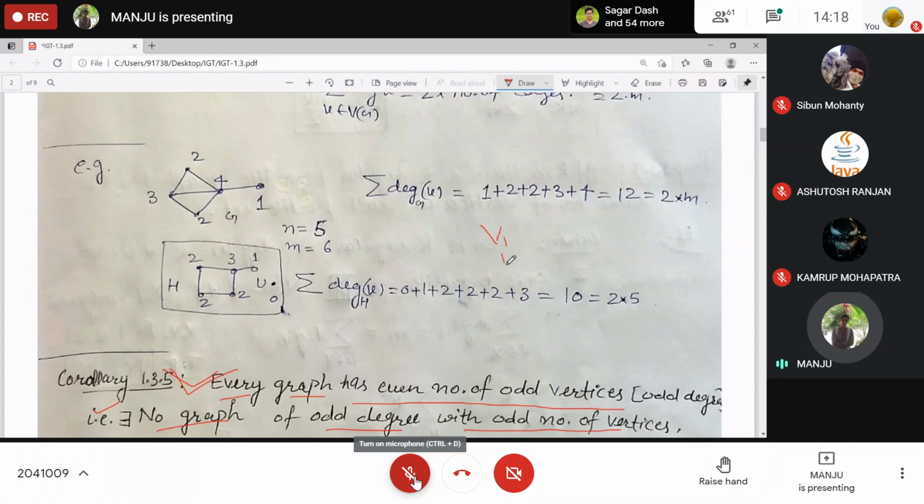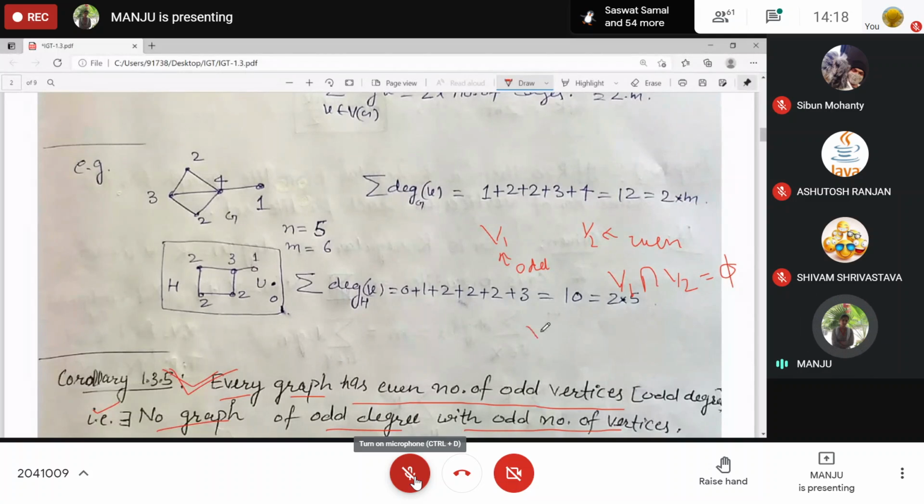V1 contains all the odd degree vertices, and V2 contains all the even. V1 intersection V2 is empty, there is nothing common, and V1 union V2 is your vertex set, the complete vertex set of graph G. Clear?